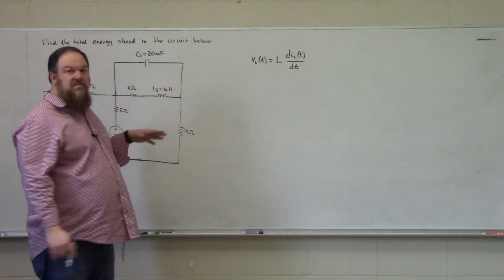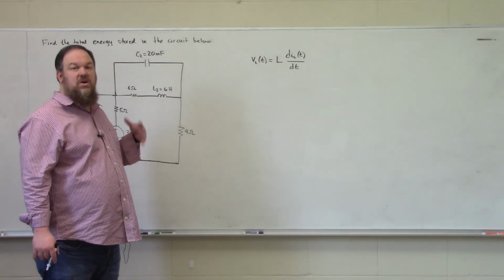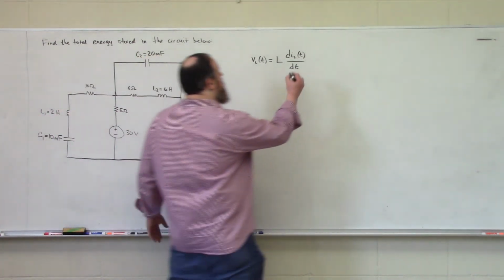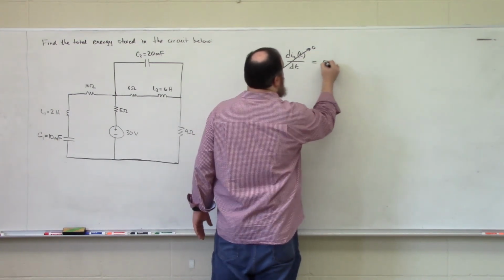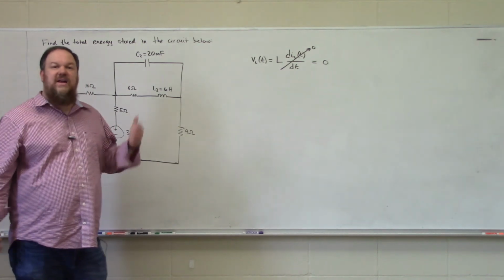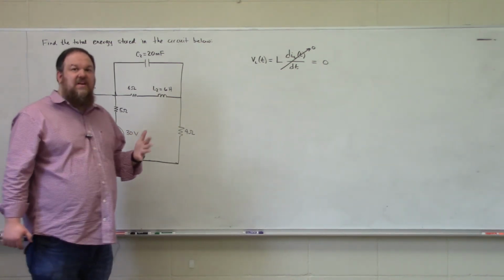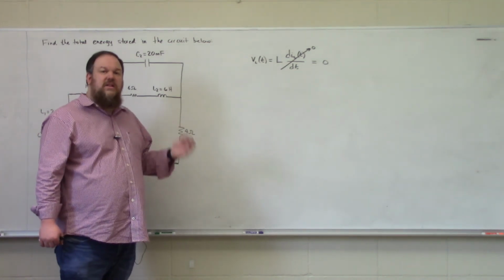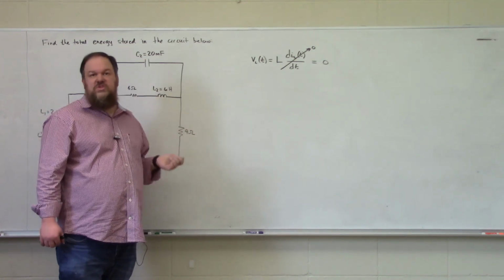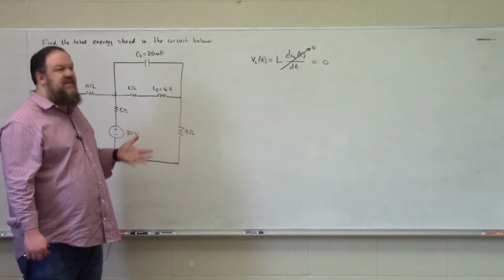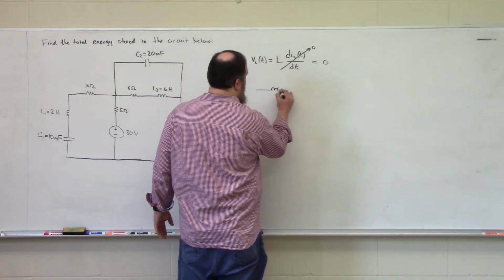If we know for sure that all of our currents are going to be DC or constant quantities, then this derivative goes to 0, and that means that the voltage drop over our inductors by definition will be 0. So we're going to replace all of our inductors with an electrically equivalent circuit element that forces the voltage drop to be 0, which in this case would be a short circuit. So we're going to replace all of our inductors